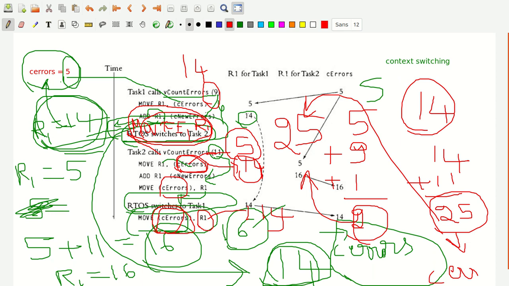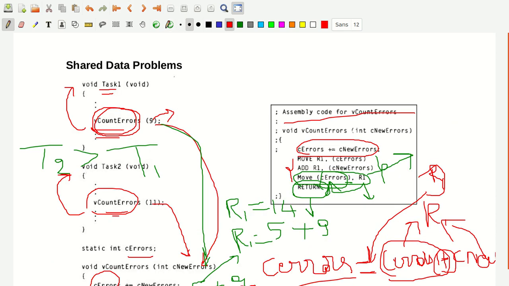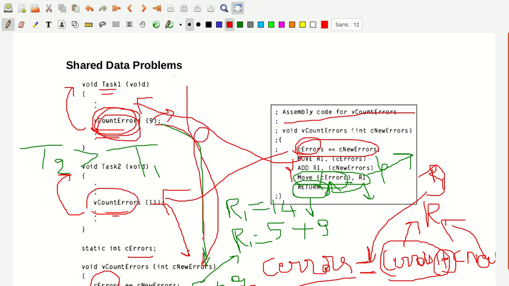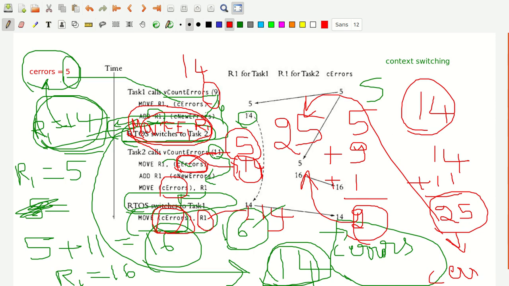What was the main problem that we had here? That this variable, that is C errors, is shared between task T1 as well as task T2. Of course, directly it is not shared. Through the vCountErrors function, the C errors is shared between two different tasks. That sharing of the data between two different tasks resulted in the value of the C errors being 14 whenever the interrupt happened in the middle of the execution of the task 1 function.